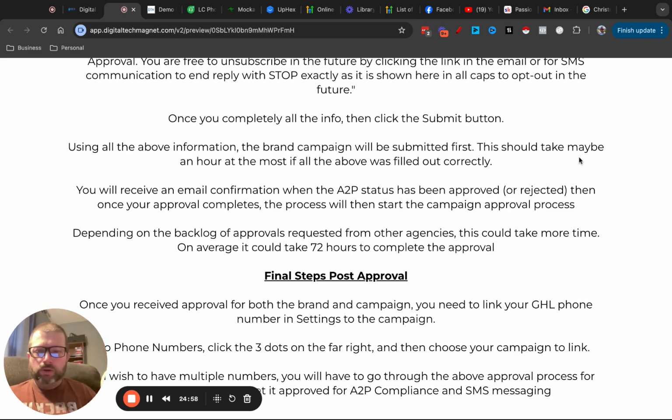I've seen this take an hour, maybe less. This has gone fast. This has gone super fast. All right, I've seen this approve in no time, provided you filled everything up top correctly. You fill all that out, you're fine. You will receive an email confirmation when the A2P status has been approved, or unfortunately, if it is rejected, but